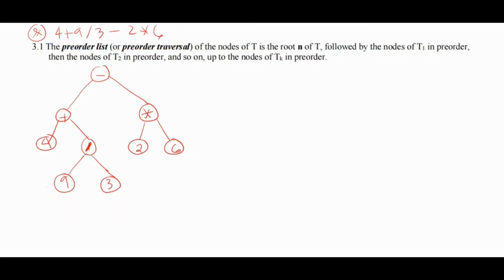Let us now try to get the pre-order list of the nodes of this tree. Let's denote this as tree T. So this time, let's try to find the pre-order list of all the nodes of T when we do pre-order traversal. The sequence of the nodes in the list is the order of the visit. As defined in here, for the pre-order traversal, we start to list the root of the tree T, which is N. And in this case, in our tree here, it is minus. So let's write in here, first node is minus, which is the root of T, and then followed by